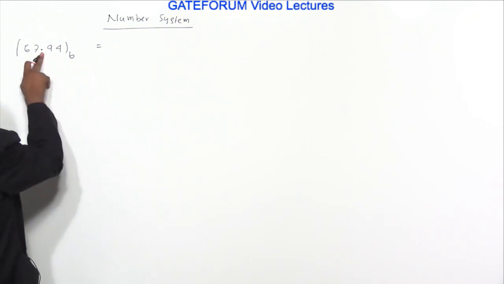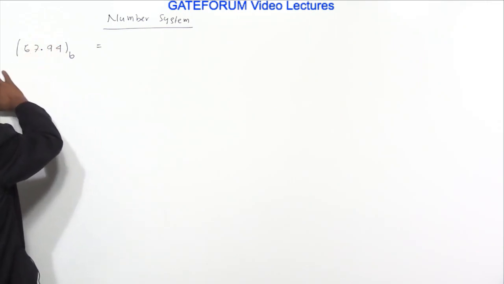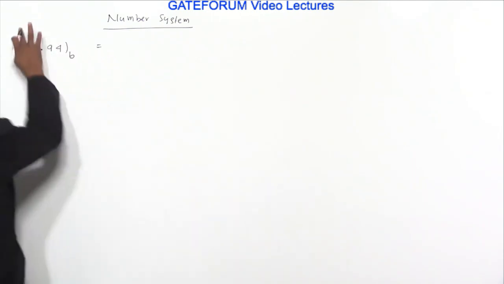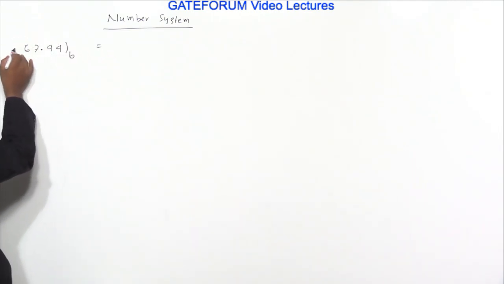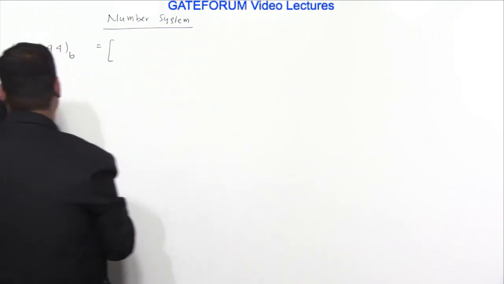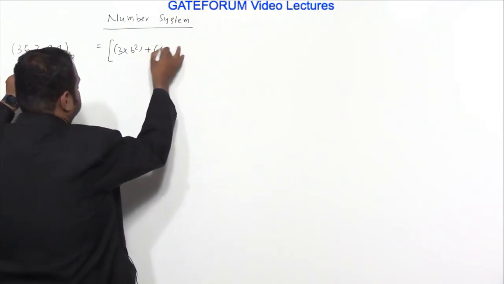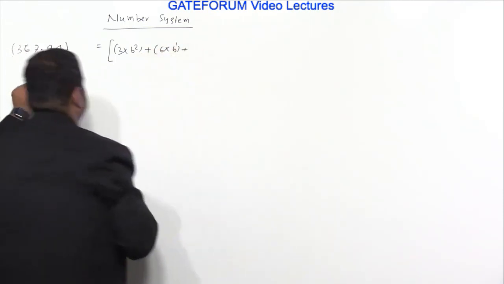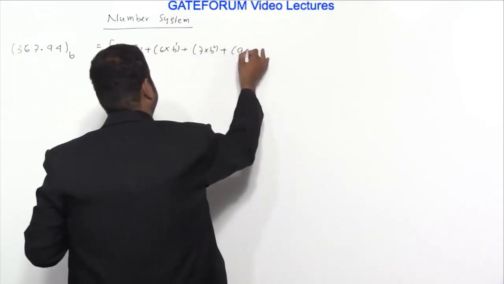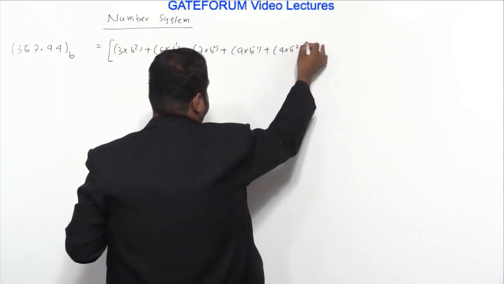When the base we take is 10, we call it the decimal point. But in general, the base is also known as the radix. This is called the radix point. So actually, it's a polynomial. If I expand the polynomial, I should take b power 0, b power 1. Let me take a few more digits. Let's say I have taken 3. Then the polynomial notation of this is b raised to power 0, b raised to power 1, b raised to power 2. So 3 into b square plus 6 into b power 1 plus 7 into b raised to power 0 plus 9 into b raised to power minus 1 plus 4 into b raised to power minus 2.